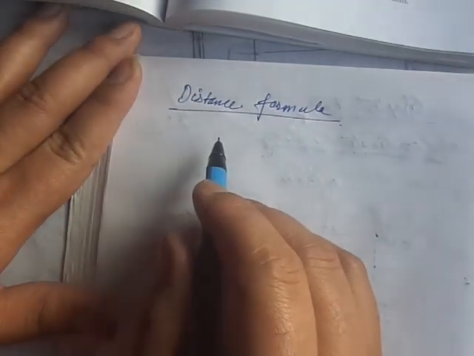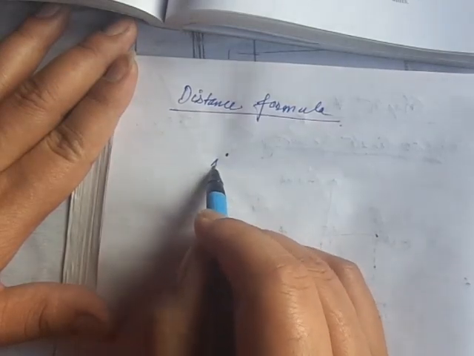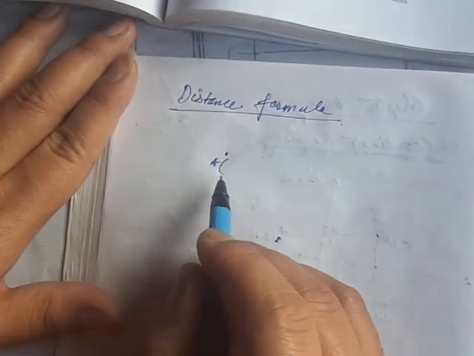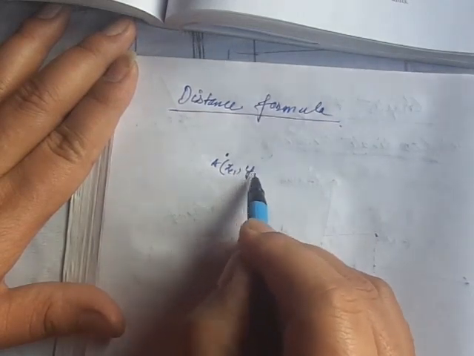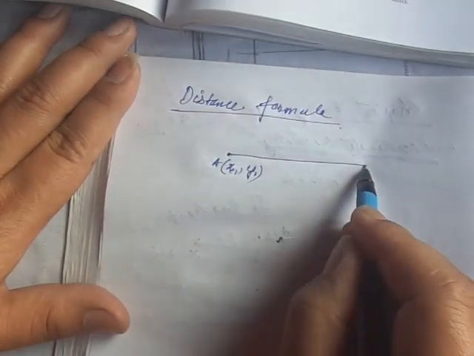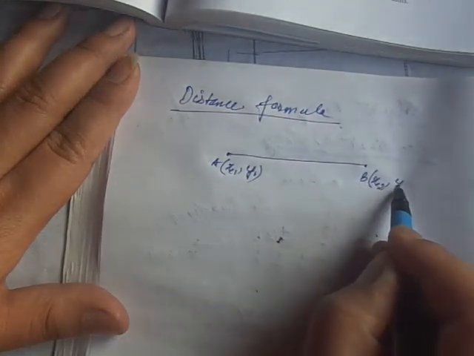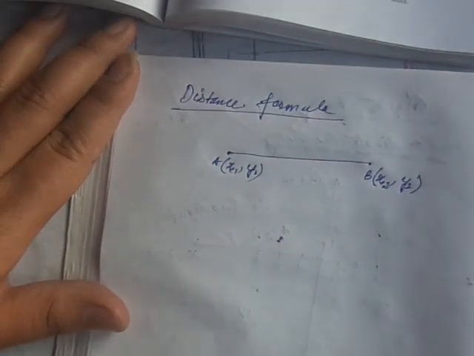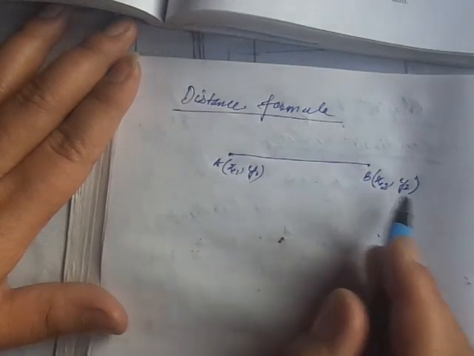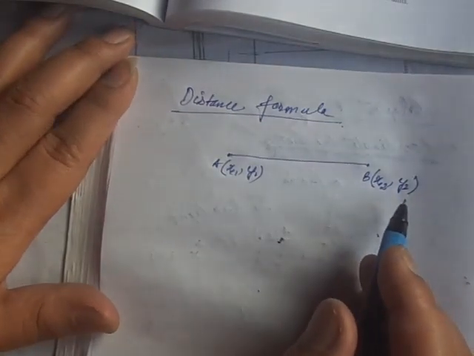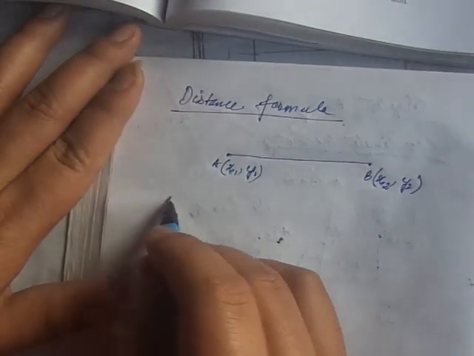So we say, suppose a point A, let's say the coordinates of this point A are x1, y1, and here B is x2, y2. Now we are going to find the distance between this A and B. These x1, y1, x2, y2 are the coordinates of these points A and B. Now here we say distance